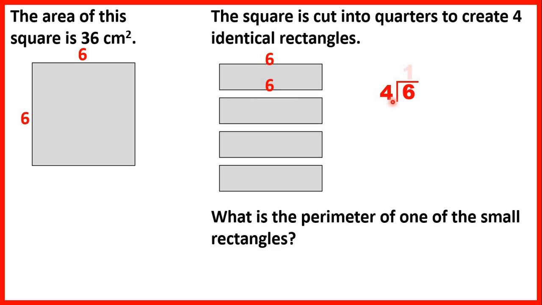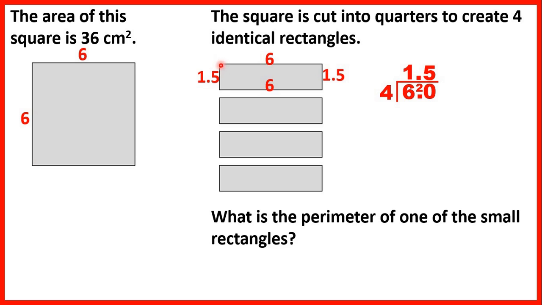6 divided by 4 is 1 remainder 2, so we can extend with a 0.0, copy up the decimal point, and write our remainder 2 in front of the 10th digit. Now 20 divided by 4 is 5, so that means the width of the rectangle is 1.5 centimetres, and that makes sense because 1.5 times 4 is 6, and the original length of the rectangle, or square rather, was 6